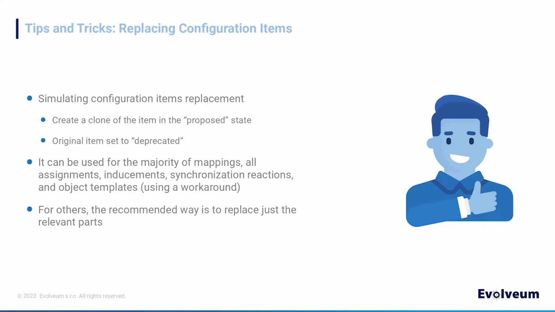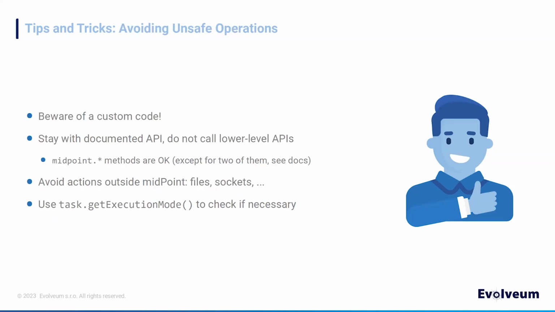For resources, roles, object classes, object types, attributes, and associations, this approach cannot be used, and so we recommend replacing only their relevant replaceable constituents like assignments, mappings, and so on. So this was the first thing I'd like to tell you. The second one is